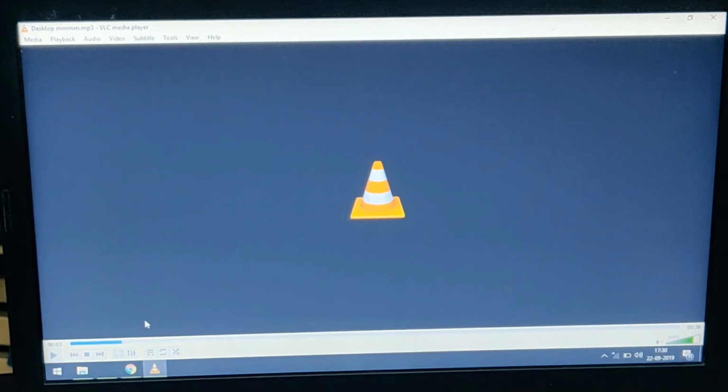But in the previous audio, noise started before my voice. So let's see again. See, there is no noise at all. Okay, just play the entire audio.